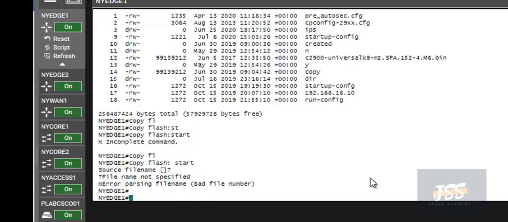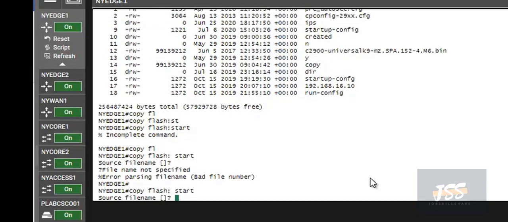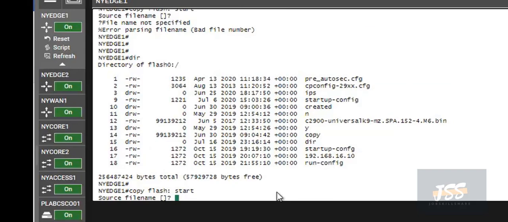This will ask for the source file name. We will press tab over here.